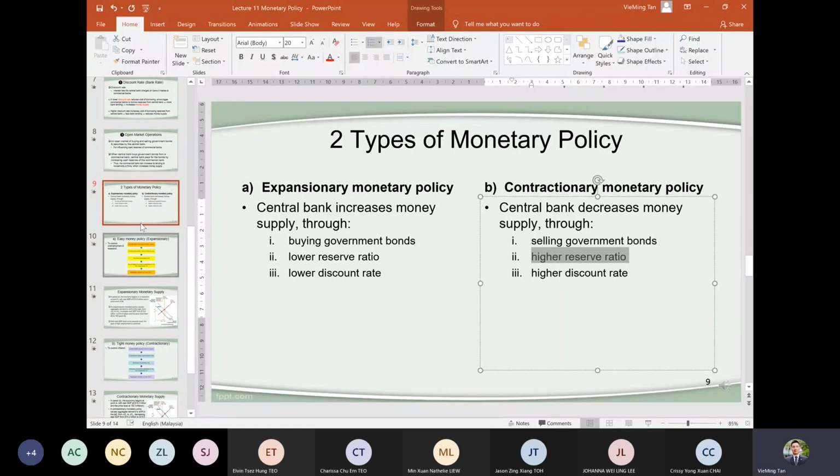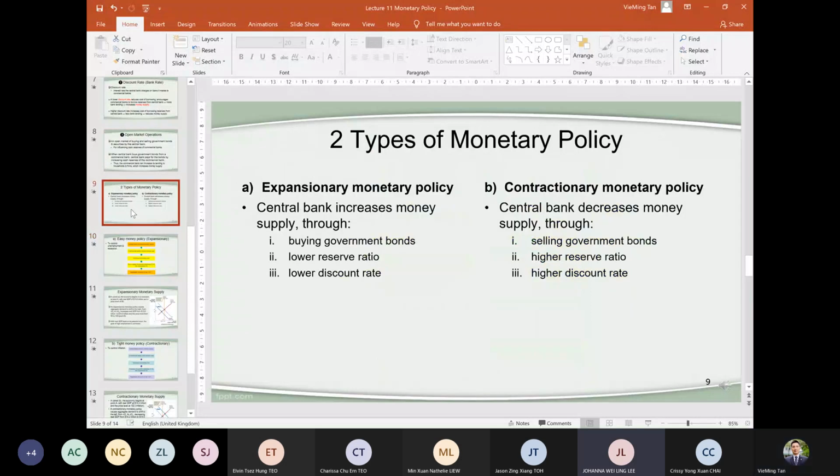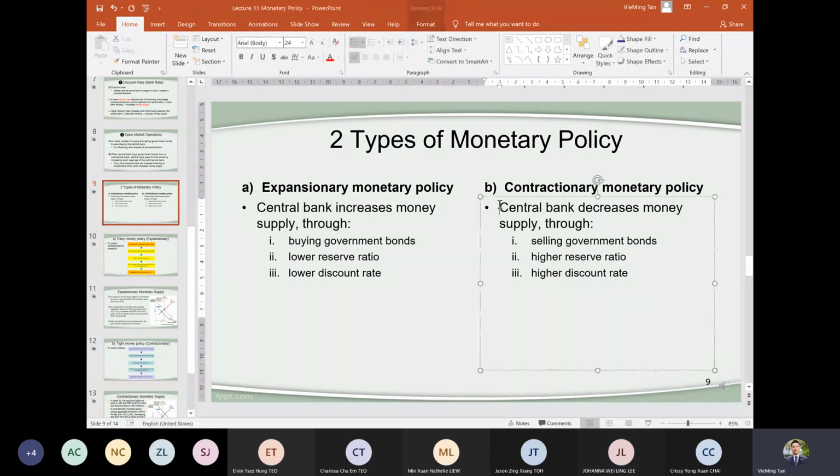So let's check the effect of each type of monetary policy. We start with contractionary monetary policy. Contractionary monetary policy is more suitable to be used